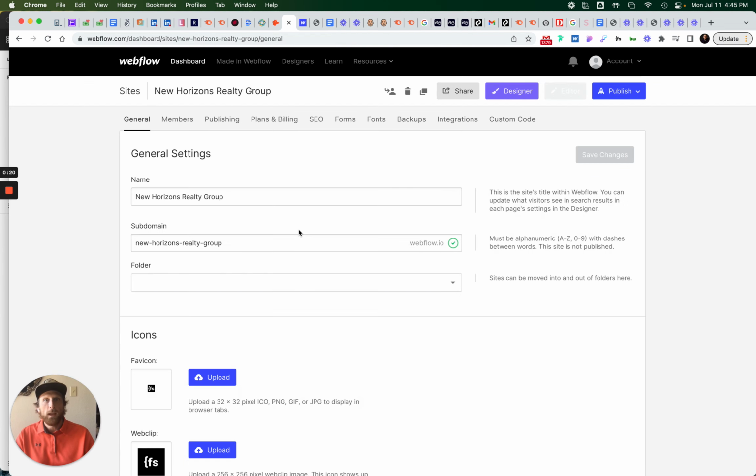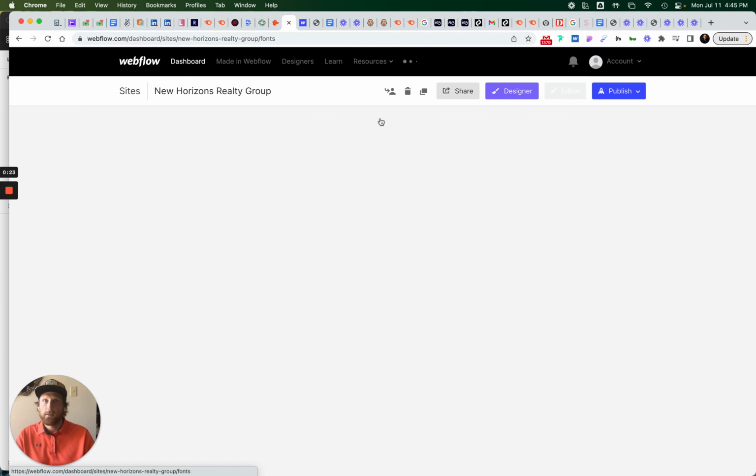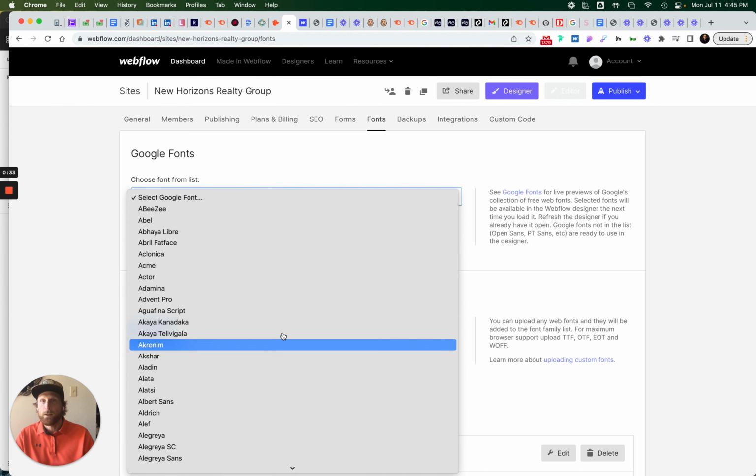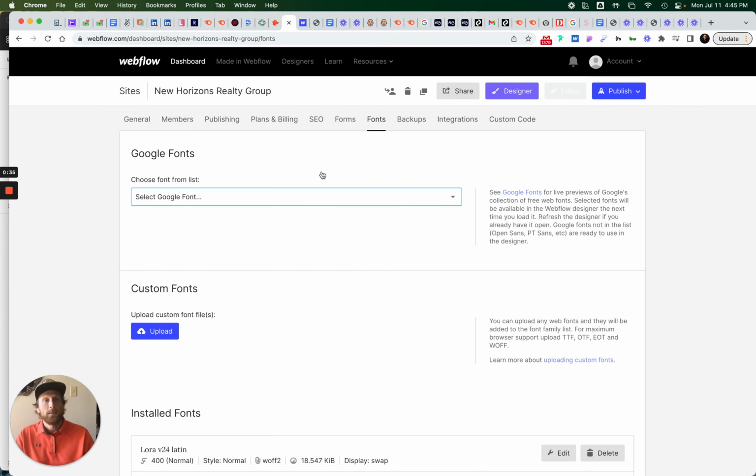One of the things you can do with Webflow, and they make it nice and easy for you, is pull in Google Fonts. In this case, in my design, I've used two Google Fonts, Laura and Roboto. You can pull those fonts in right here, but doing so may impact the load speed of your website,